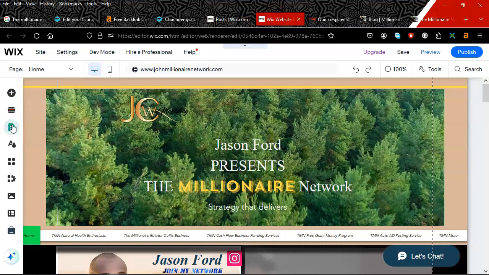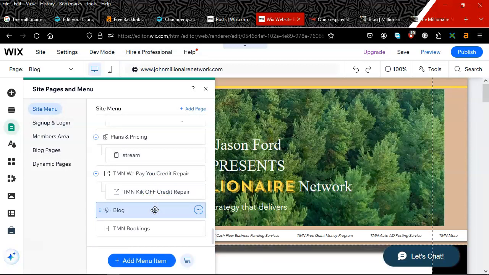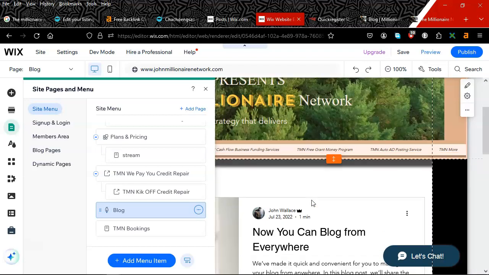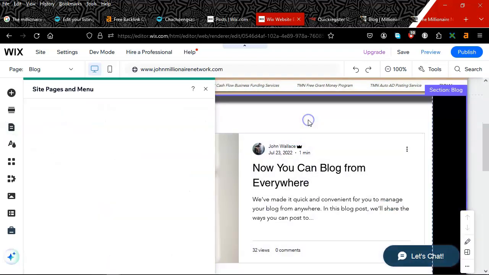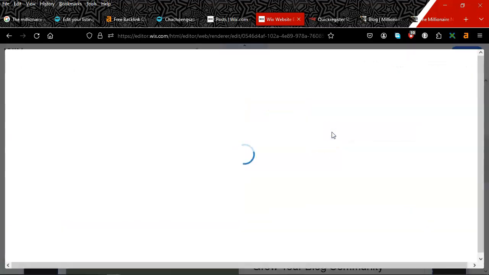You go into your pages menu. So this way you can find it easier. Go down to your blog. If you have your Wix site, it's going to bring up your blogging page, you see, right? And in here, when you click in here, you're going to see manage posts, and then that'll take you to the page to make it easier for you to post your blog.